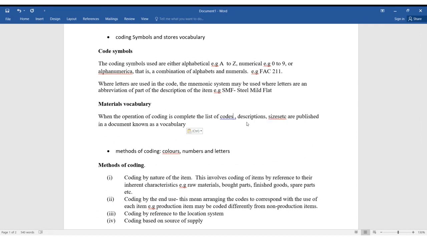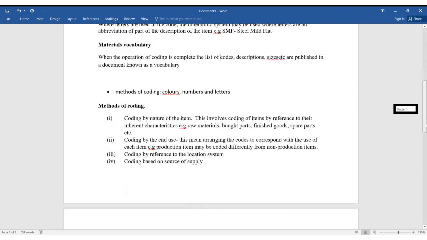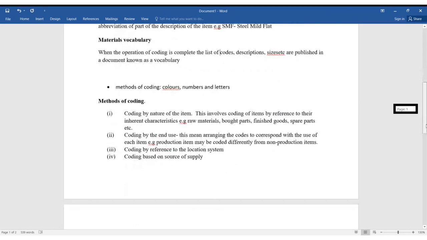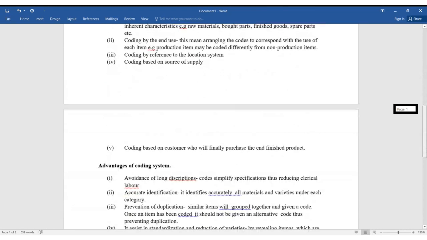Colors may also be used as symbols or cards, and it is important to take note because as long as you are able to include